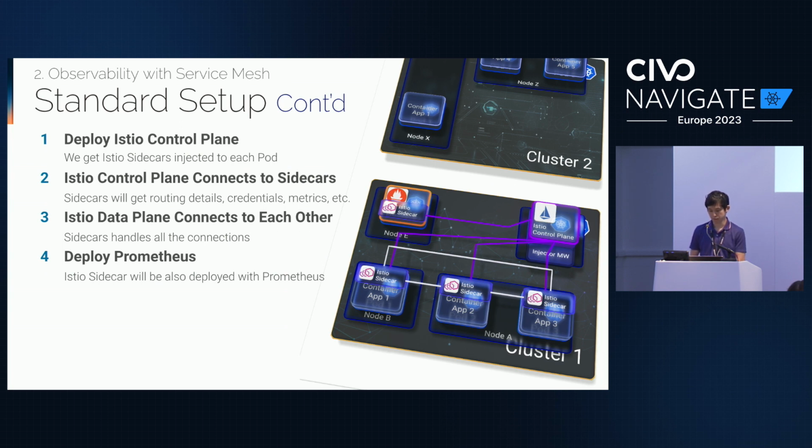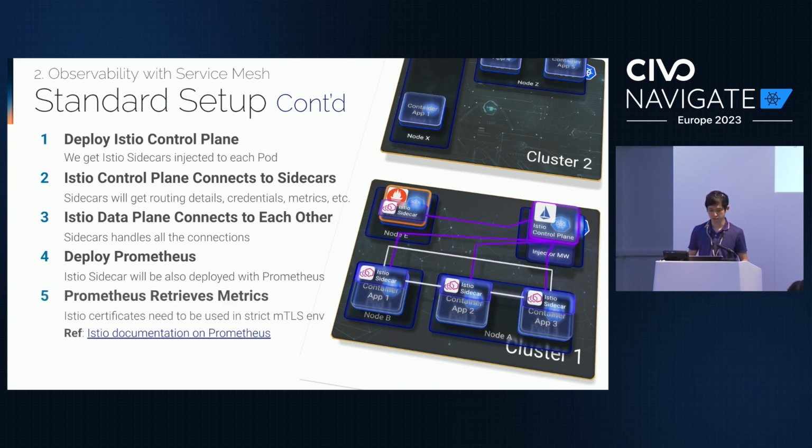You can see the Istio control plane sending information about routing, metrics and credentials, and Prometheus will retrieve the metrics from each sidecar with these orange lines, to get the metrics about not uptime, but the request time and how many requests are coming through. So only 3 pods in a very simple deployment, and it's already difficult to navigate what is happening.